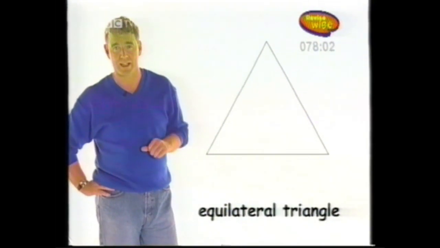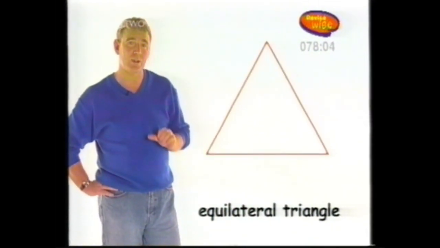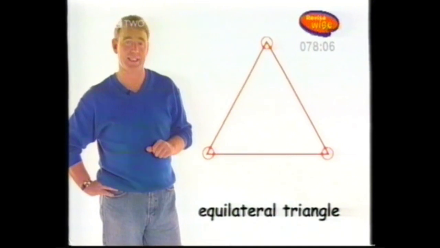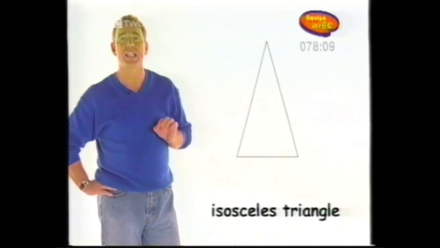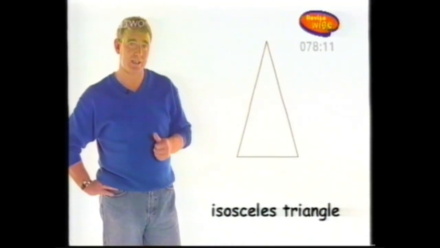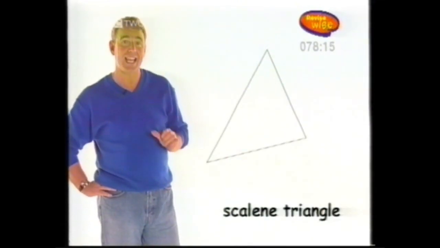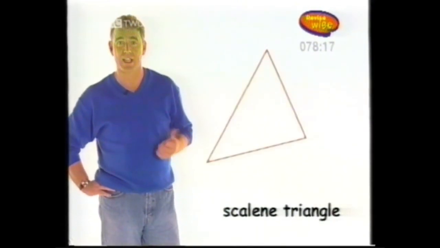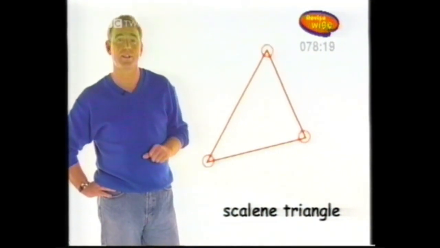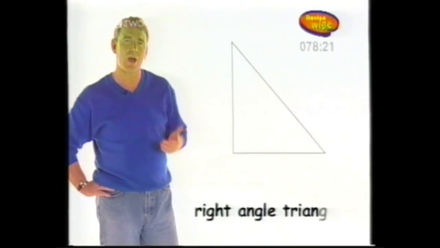An equilateral triangle has all 3 sides of equal length and all 3 angles equal too. An isosceles triangle has 2 equal sides and 2 of its angles are equal. A scalene triangle has none of its sides equal and all its angles are different. Now, in a right angle